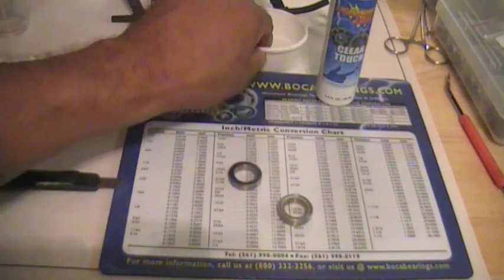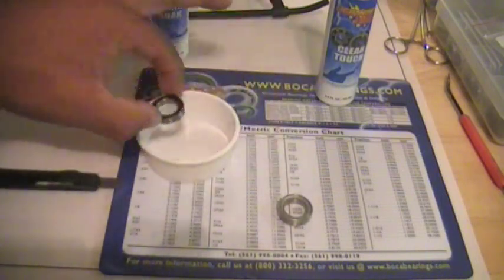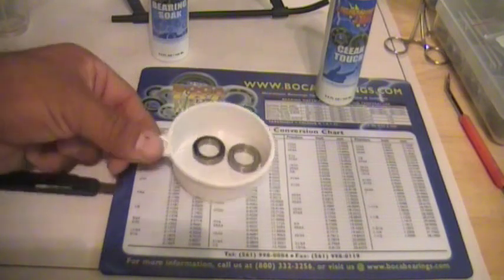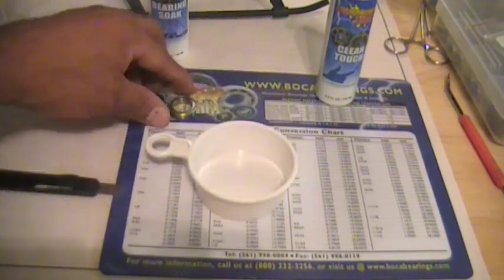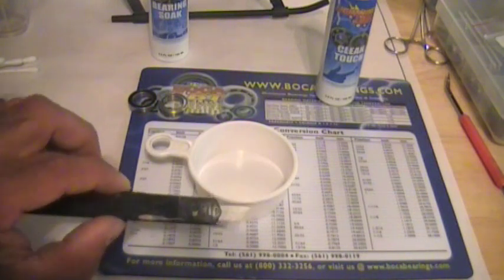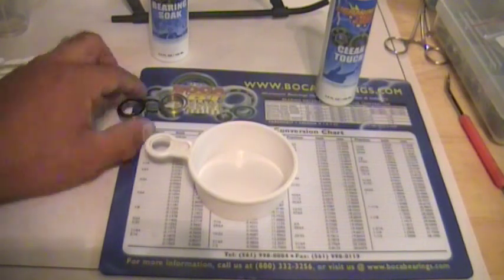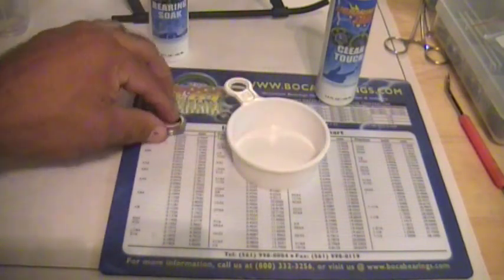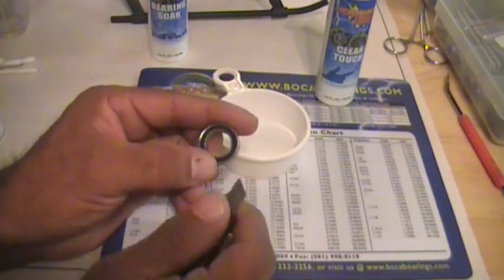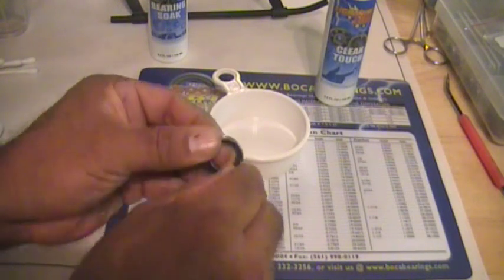The items we need to do this job: a small cup, which you will use to drop your bearings in, which we'll use to fill it with the Clean Touch or the bearing soak, and a hobby knife. This is used to remove the bearing seal on the removable seal bearing. So the first thing we're going to do is remove this seal, and to do so you have to catch an edge inside,